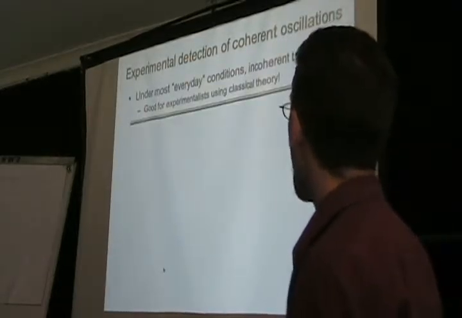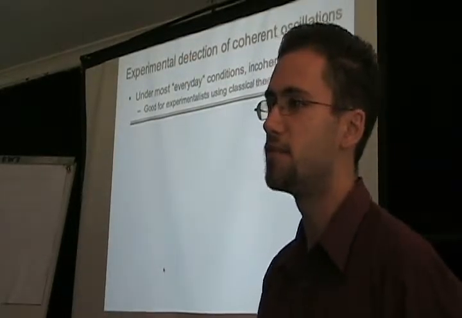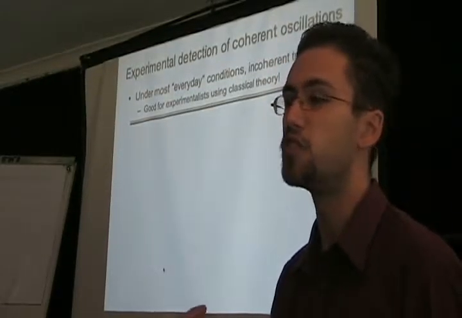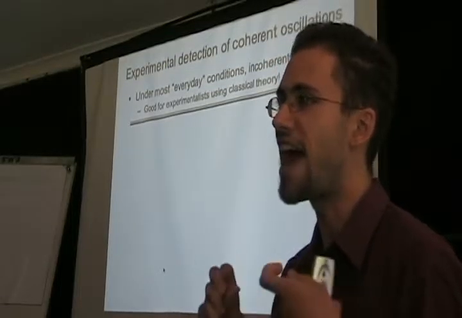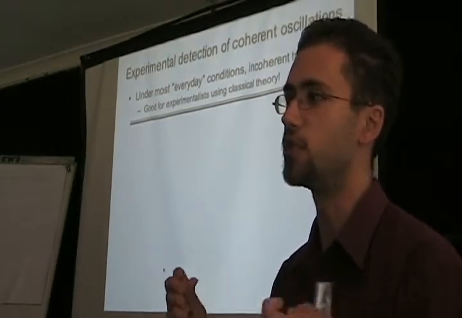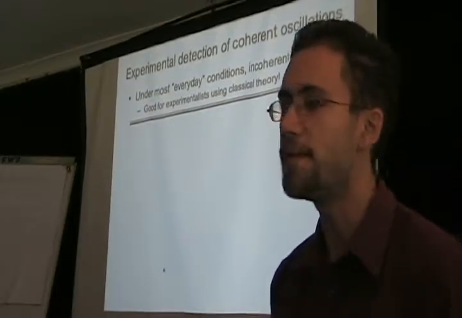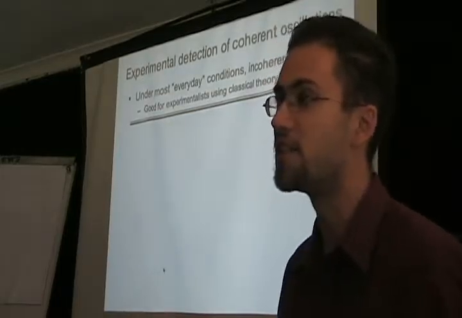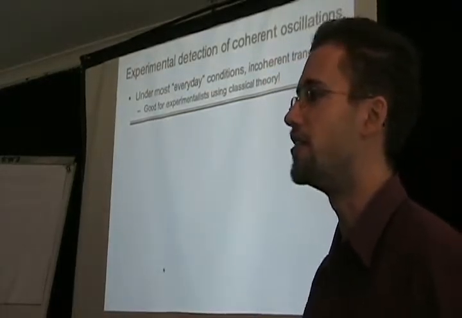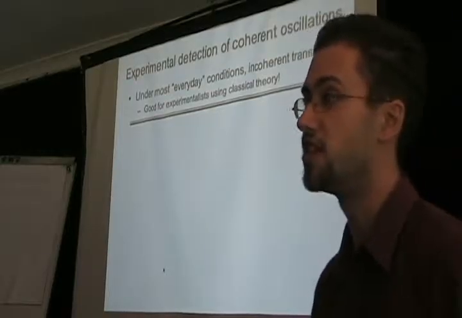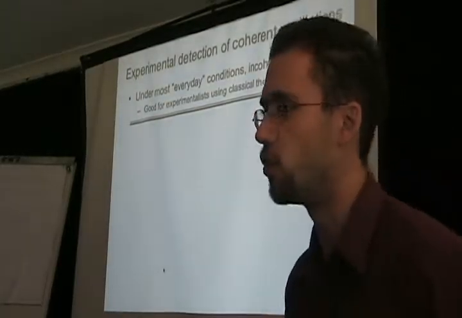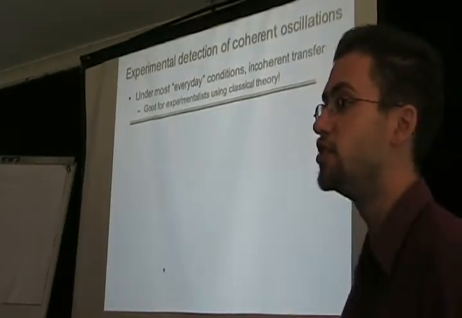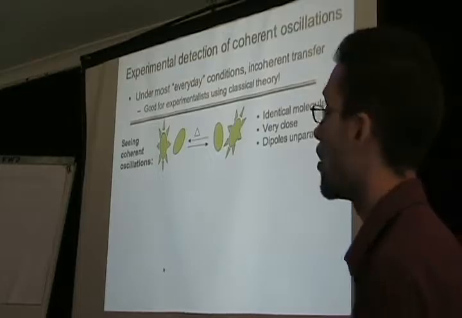Well, the first thing is it's going to be hard. Under most everyday conditions, you're going to see incoherent transfer. So particularly most of the FRET spectroscopy, where they attach different colour markers onto proteins, look at them moving around. The couplings and the temperatures that are involved here mean you're going to see incoherent transfer, which is great, because that's the classical theory that is used by experimentalists to measure distances. But there's also a non-trivial result. It's not immediately obvious that should be the case. So what can we do if we want to see this coherent behavior?